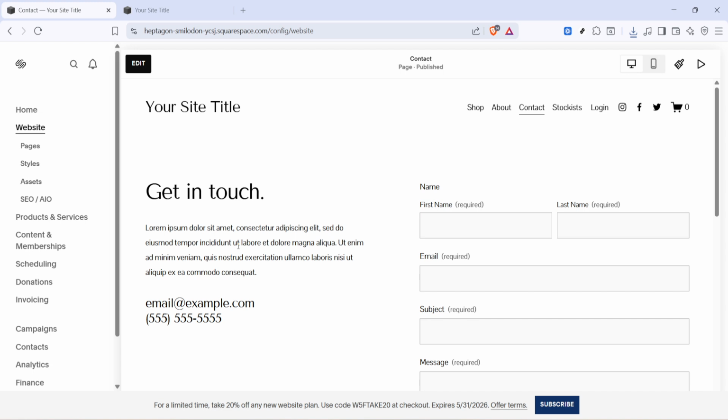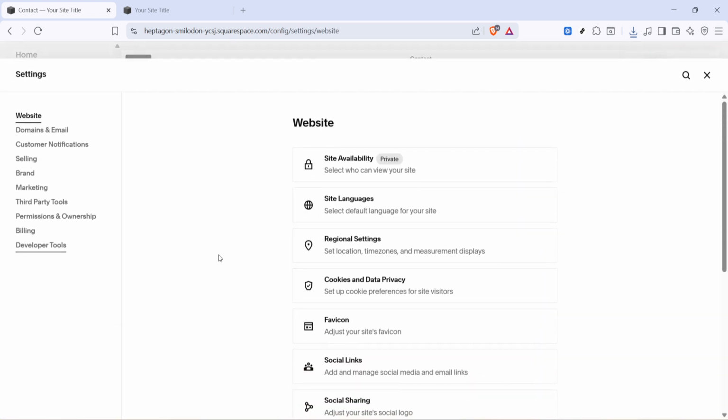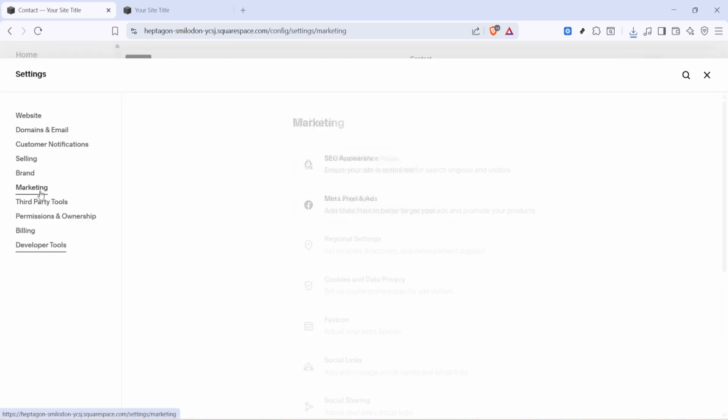Start in your Squarespace dashboard. Look down to the bottom left corner and click the Settings gear icon. This opens the main settings panel where you manage site-wide features. From there, select Marketing. The Marketing section centralizes your analytics and advertising connections so you don't have to paste code